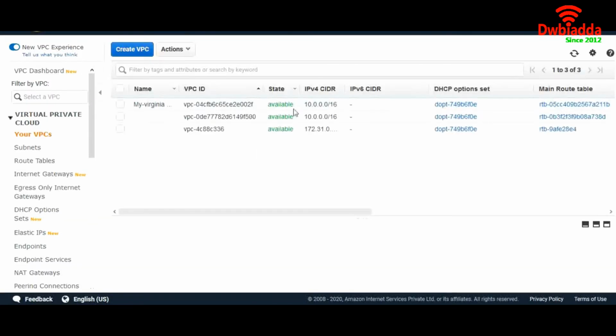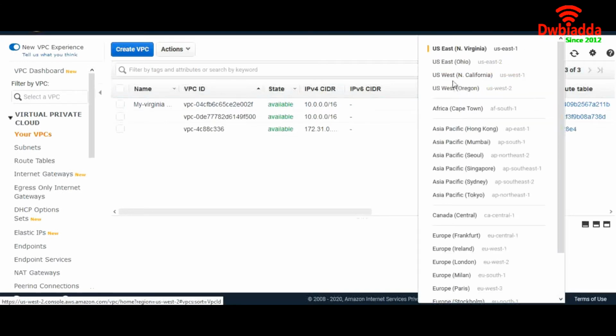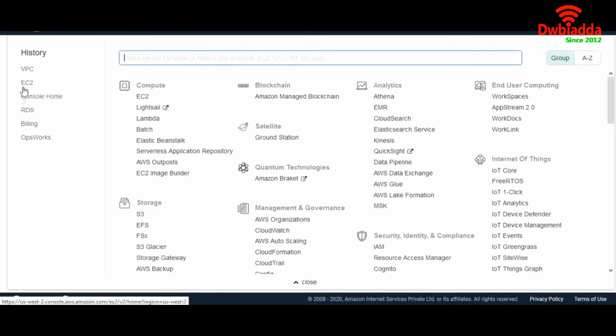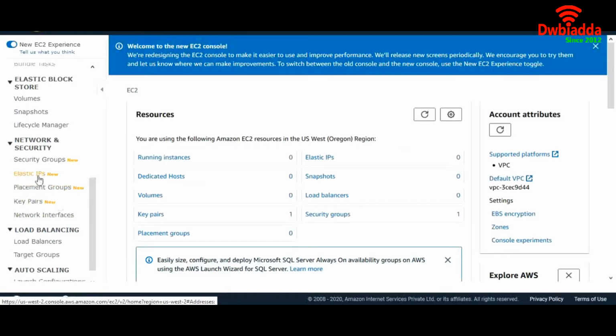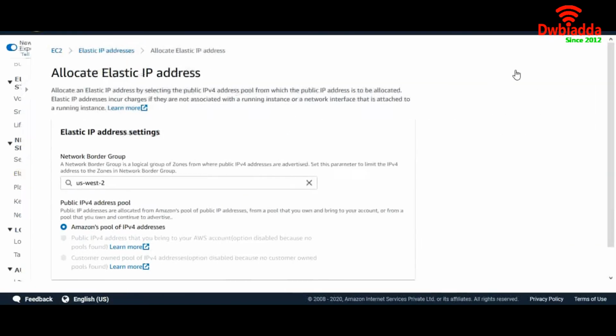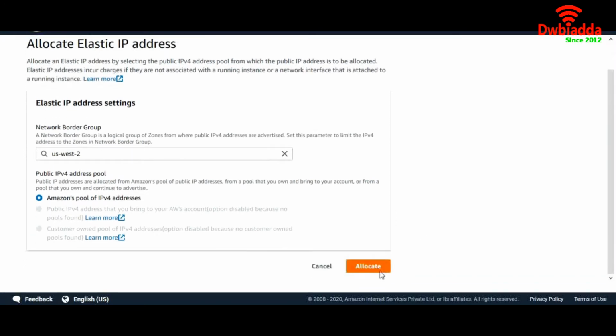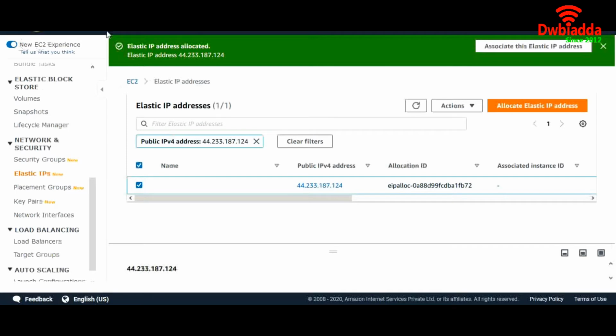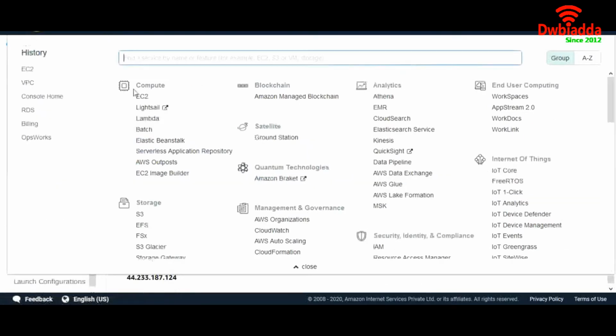Now what I want to do is go to my Oregon region and create another VPC. Again I'll create one elastic IP. Cool. Now let's go to our VPC wizard.